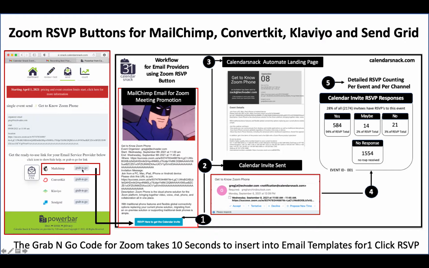The Zoom invite, you grab the code for your particular email provider. In this case here, we're looking at MailChimp. You grab this code here, you paste it into the call to action button here, and when you send this out and a person receives this for the Zoom meeting, they click this invitation, they're sent to a pre-built landing page, which we build for you. No sense go building your own. And then we send you a calendar invitation, which we track on the back end right here. That's all in one simple step, takes less than 10 seconds,